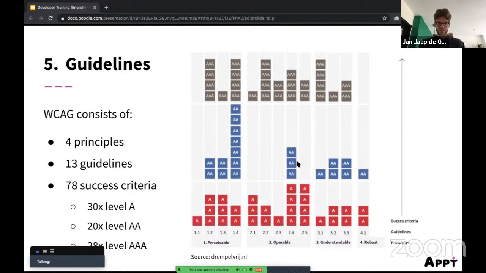I think that's one of the issues right now with the guidelines: either your app is accessible, which means it passes 100% of all the criteria, or if you make one mistake in 1,000 screens, your app is not accessible according to the guidelines, even though maybe people with disabilities are still able to use it. So I'm not really happy, of course, with the guidelines. I would like to see that maybe you can say your app is 90% or 99% accessible. This is also something that might happen in the future with the 3rd version of the guidelines. But for now, this is what we have to deal with. There are 50 criteria, and I will show you which ones are the most common mistakes.